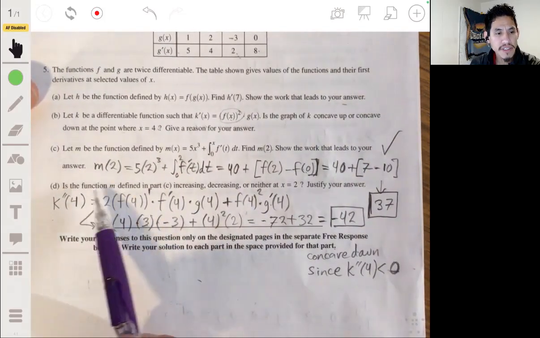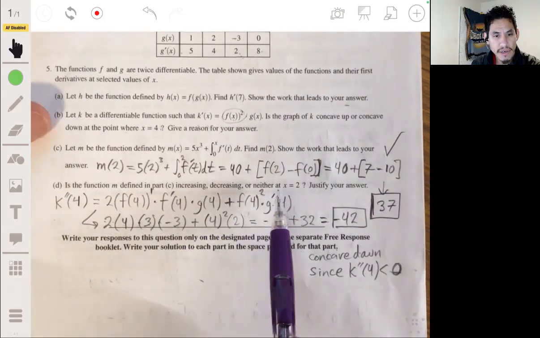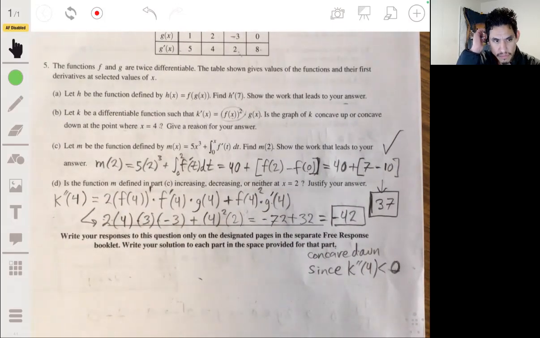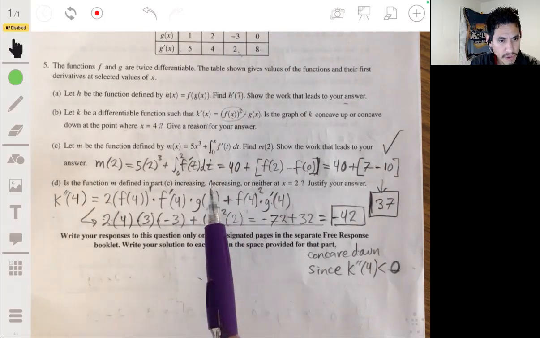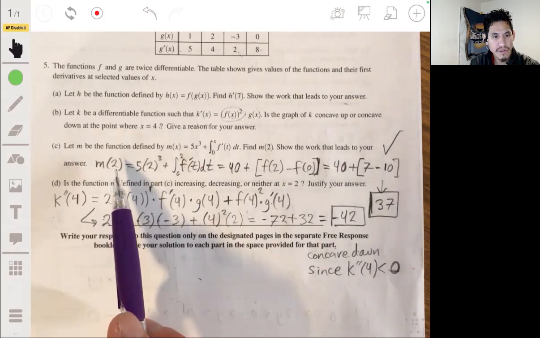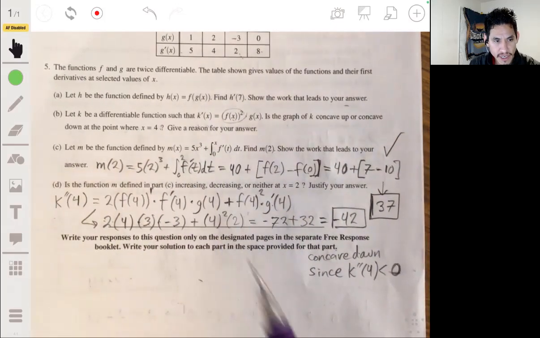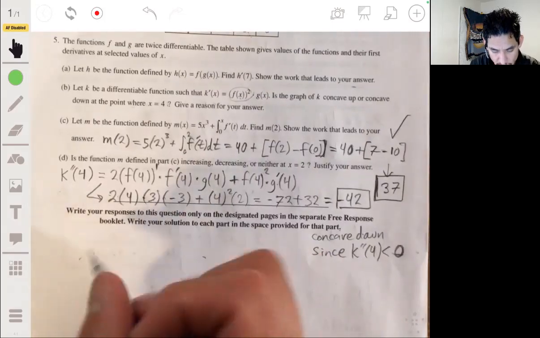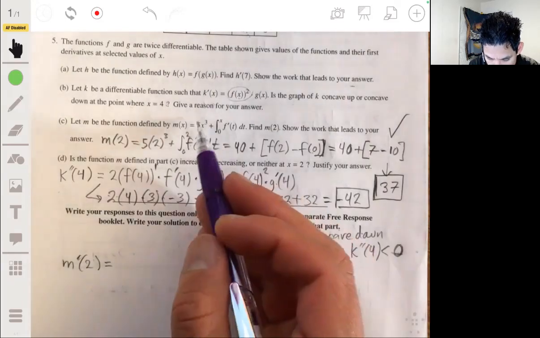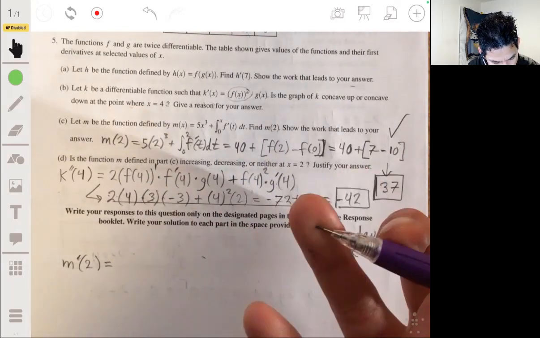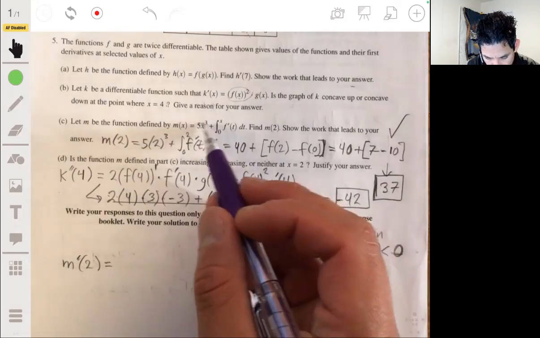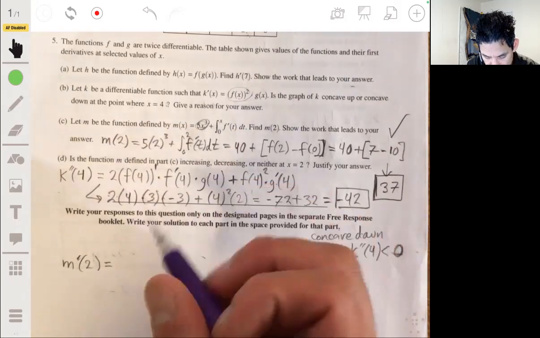All right, and D: is the function m defined in part C increasing, decreasing, or neither at x equals 2? Justify your answer. So in this case, we want to find the derivative of m at 2. So we want to find m prime of 2. So we want to differentiate this entire expression. So let's work it out down here. So m prime of 2 is equal to